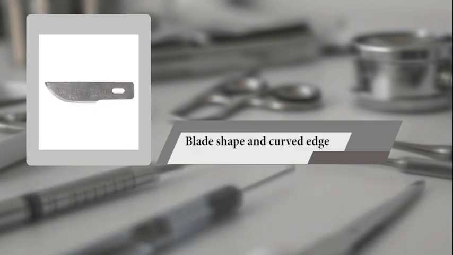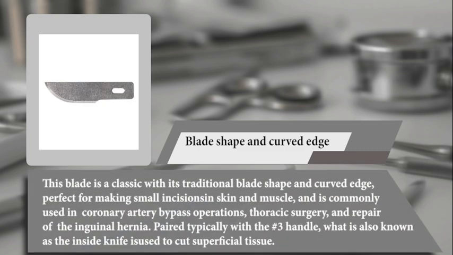Blade shape and curved edge. This blade is a classic with its traditional blade shape and curved edge, perfect for making small incisions in skin and muscle, and is commonly used in coronary artery bypass operations, thoracic surgery, and repair of the inguinal hernia. Paired typically with the number 3 handle, what is also known as the inside knife is used to cut superficial